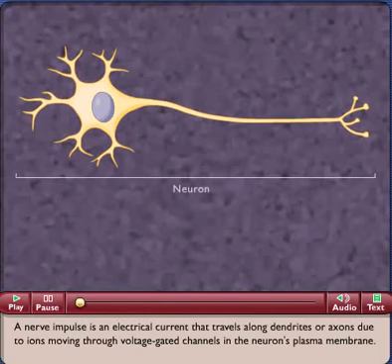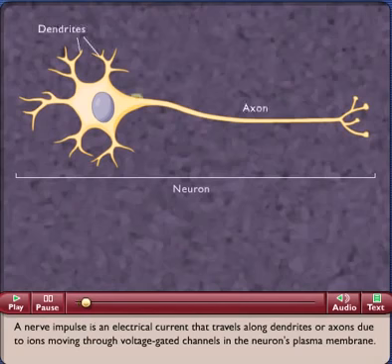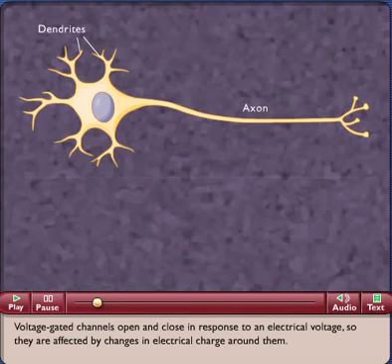A nerve impulse is an electrical current that travels along dendrites or axons due to ions moving through voltage-gated channels in the neuron's plasma membrane. Voltage-gated channels open and close in response to an electrical voltage, so they are affected by changes in electrical charge